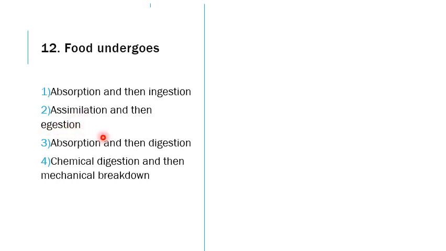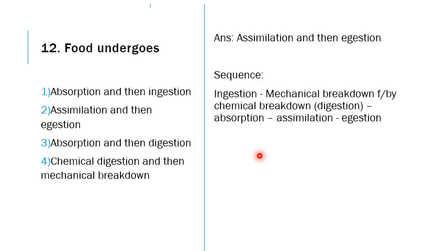So this is right. The next one is absorption and then digestion. Only after digesting can we absorb, so this option is wrong. Then chemical digestion and then mechanical breakdown. First mechanical, that is, physically we break down into small parts with the teeth, and only then does chemical digestion start. So this cannot be the answer. The sequence is